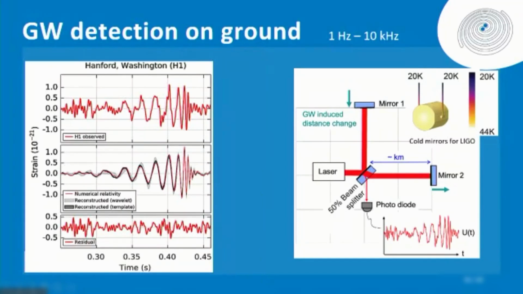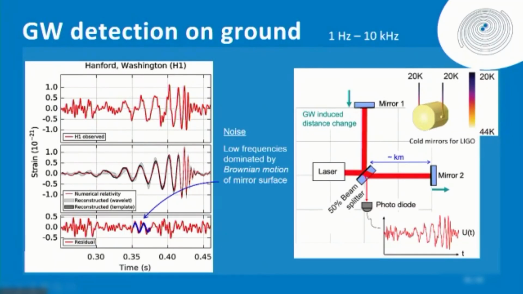This is the signal I showed you already. This is the Nobel Prize signal. It's always beautiful to see it. This is the measurement of the LIGO interferometers, and this is compared to the model. And when you do data minus model, you see the residual fluctuations. And this residual fluctuation you can try to understand.